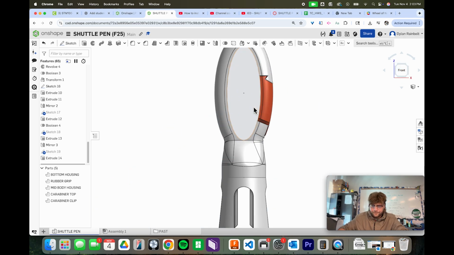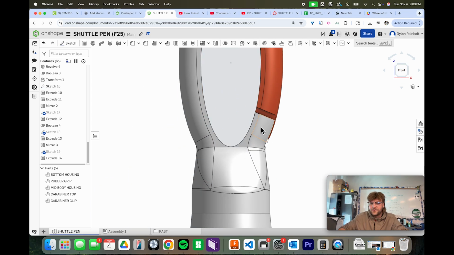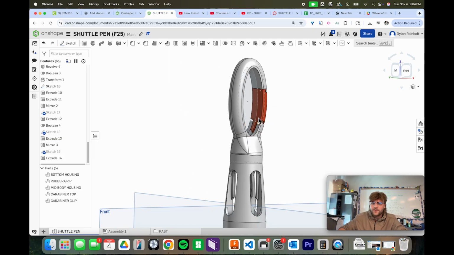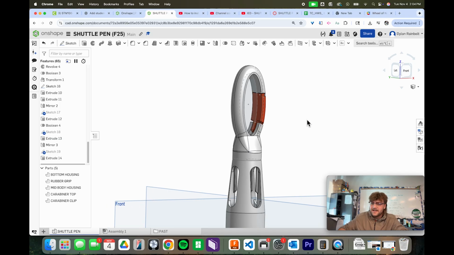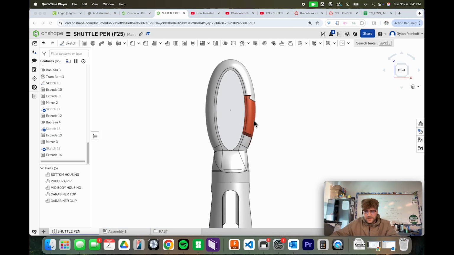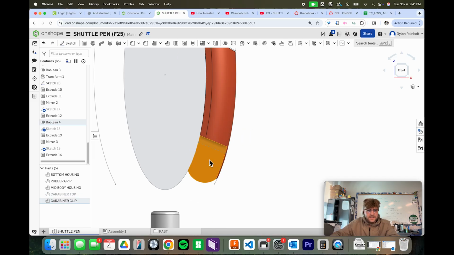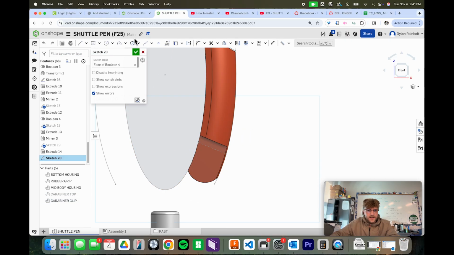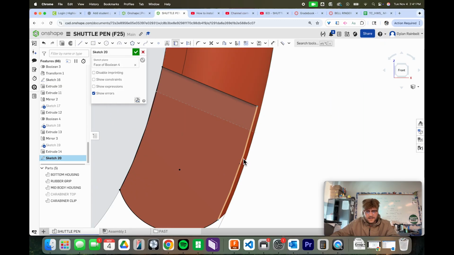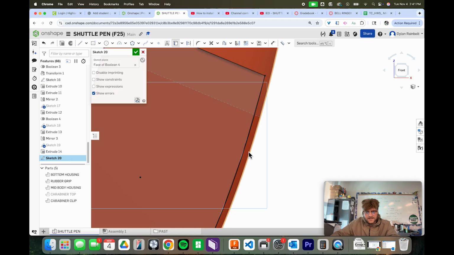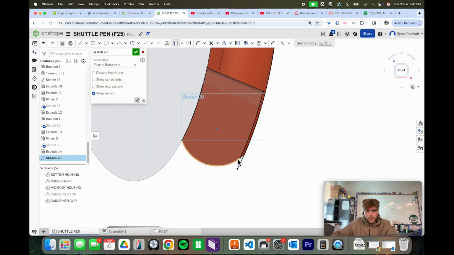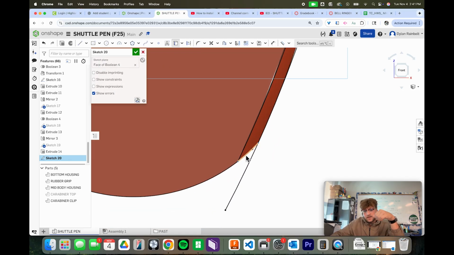And so now the next part is we want to create that little cutout so that the dowel pin can actually go through there. And then also we got to create that little cutout for the torsion spring to be able to fit in there. Doing is we can add in the dowel pin hole. So we're going to go ahead and hide the actual carabiner top. I'm going to go ahead and pop in here into the sketch. I'm going to actually use the use project and convert. And I'm going to click on this guy right here as well as this guy. What we want to end up doing is we want to actually